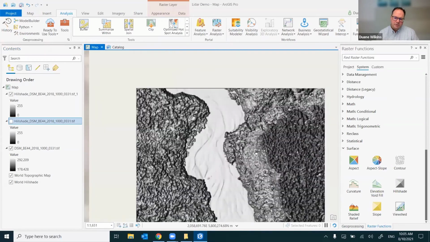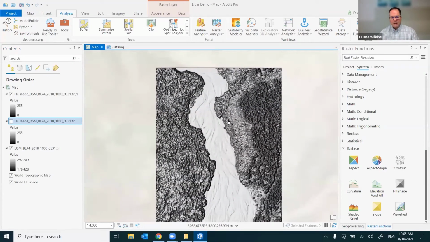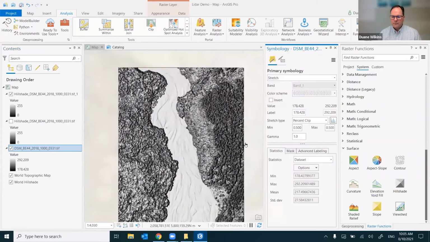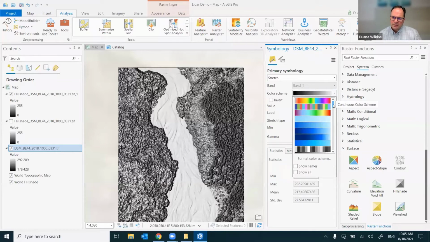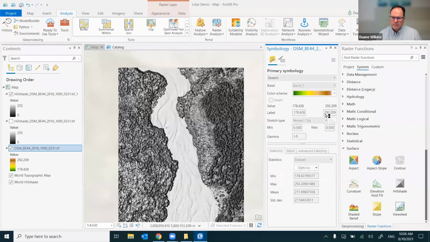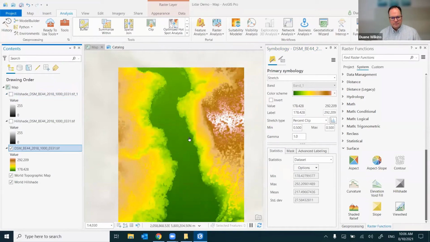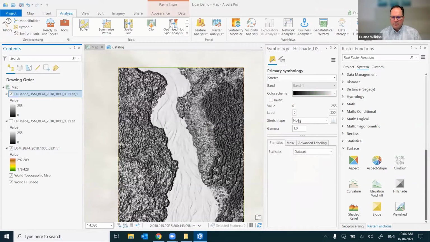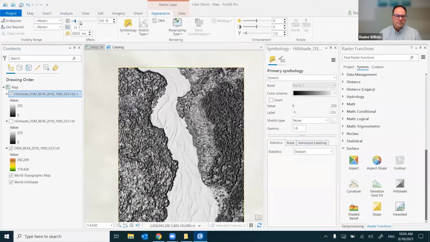Now, let's say we wanted to also color this by elevation, rather than just plain old white to black. So if I come in here and I go symbology, I can choose any kind of color ramp that I want. There is one particular one that I usually use though. So this one here, one of these. Now if I turn off the hillshade, you'll see I've kind of got this type of color. If I turn that hillshade back on, and then if I figure out how to make this hillshade a little bit transparent, going like this,